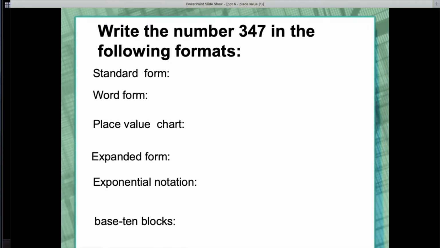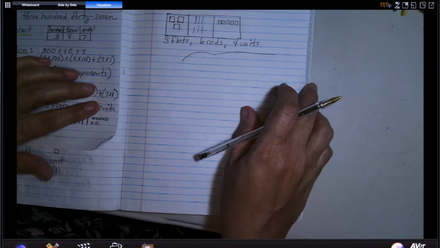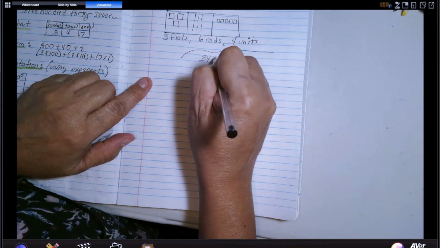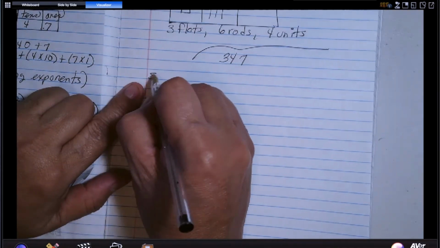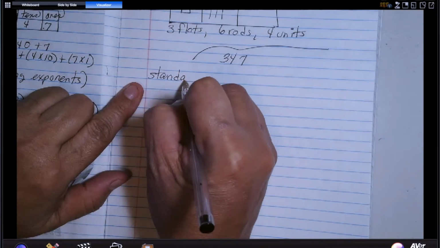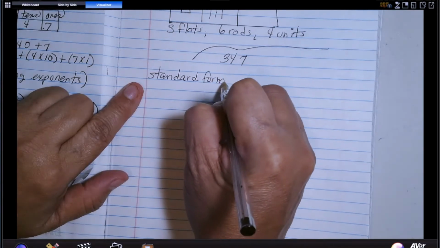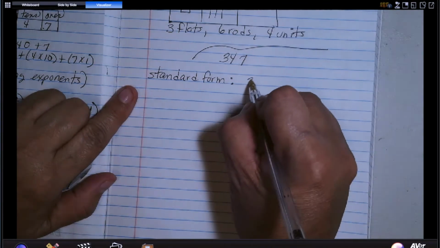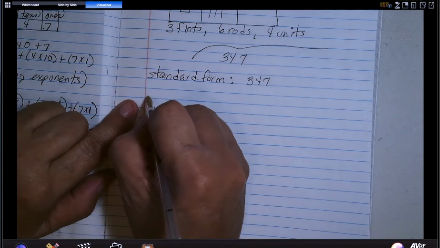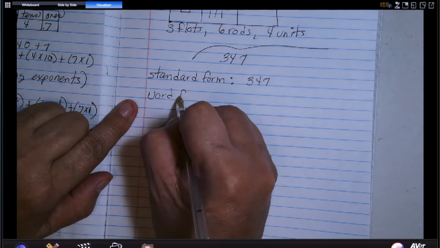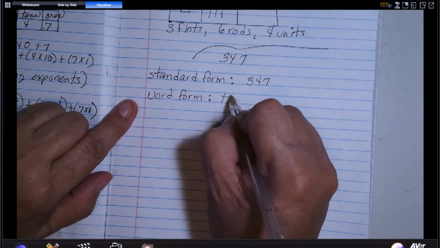Let's go ahead and do a practice problem. Let's go ahead and write the number 347 using the following formats. Okay. Let's begin with standard form. We said standard form is 347. Word form is spelled out